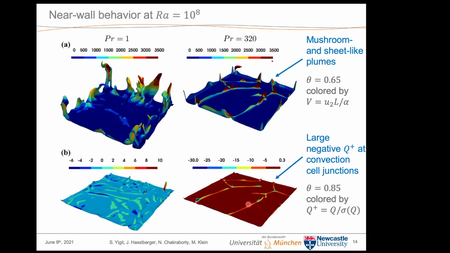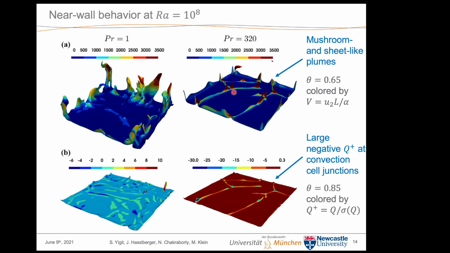Okay, then the final question now to be answered is, where is this strange flip of the tail of the teardrop shape coming from? When we try to identify only those samples with a large negative R and large negative Q combined, then we can see that this happens exactly at the edges or at the junctions of the edges of convection cells. You could also say that these are mushroom-shaped plumes in contrast to sheet-like plumes, which you also have. But this topology S3 really occurs predominantly at those junctions, at the mushroom-shaped plumes.